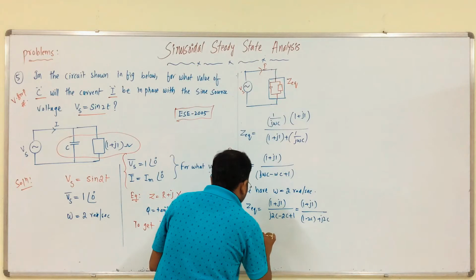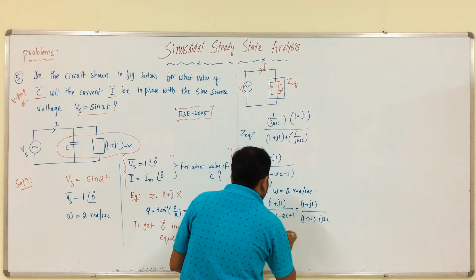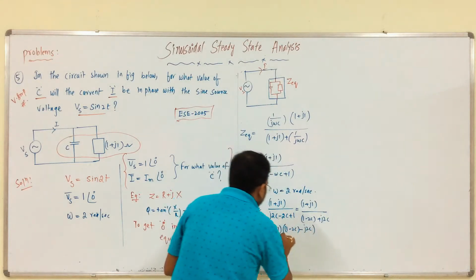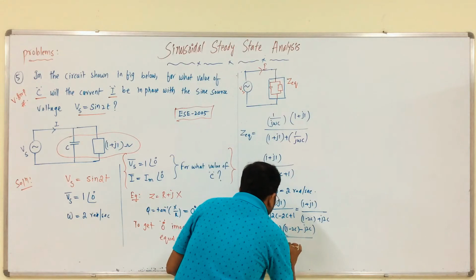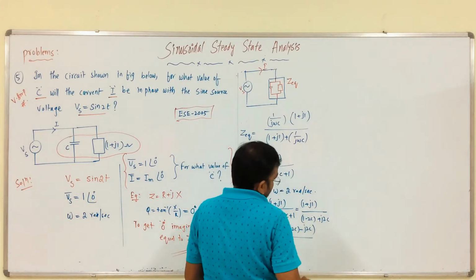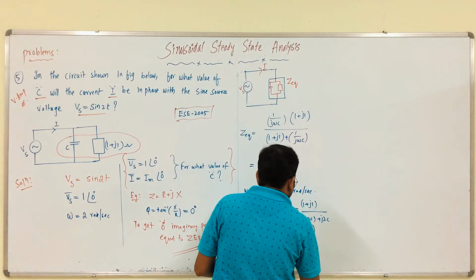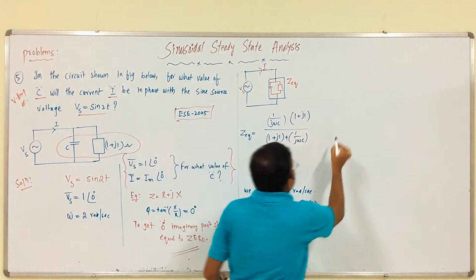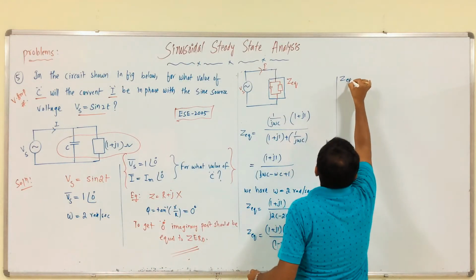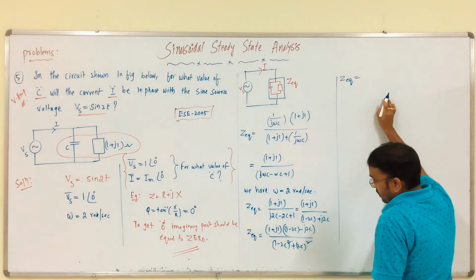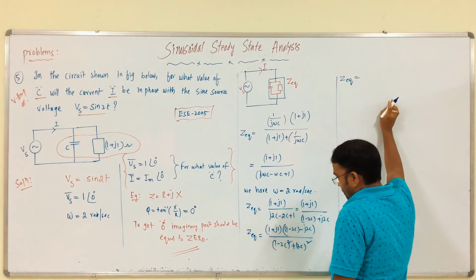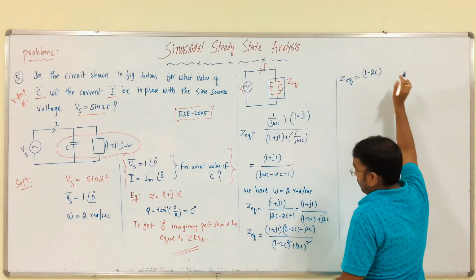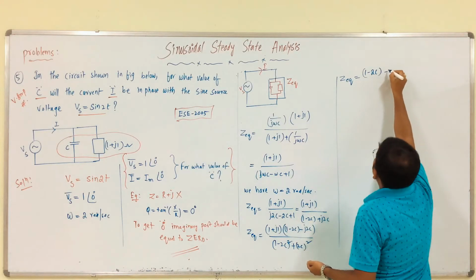Therefore, Z equivalent is equal to 1 plus j 1 times 1 minus 2C minus j 2C, we have to multiply. From this, 1 minus 2C whole square plus 2C whole square, this is the formula we got. So, from this Z equivalent is equal to 1 minus 2C minus j 2C,